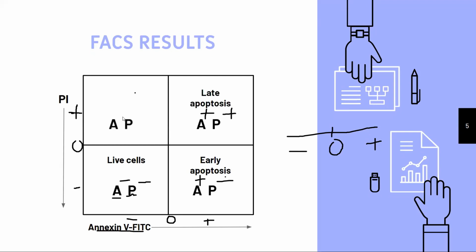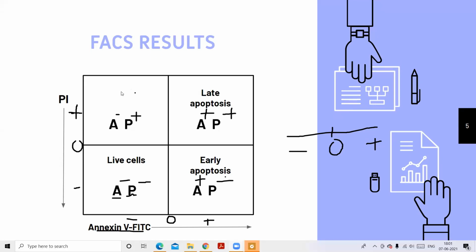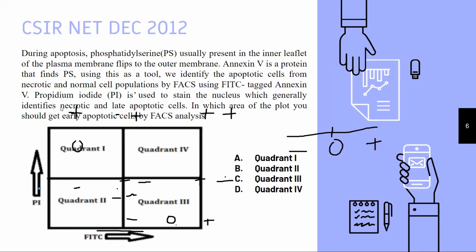Finally, the last block, in this you have your annexin V negative and your PI positive. Since it is annexin V negative, that means it's not an apoptotic cell. And since it's PI positive, that means it is a necrotic cell. So this is how we can identify what kind of cells are present in each box by seeing what is the label at the bottom and what is the label right here to the left. Let us try and solve this question now with the knowledge that we have gained.